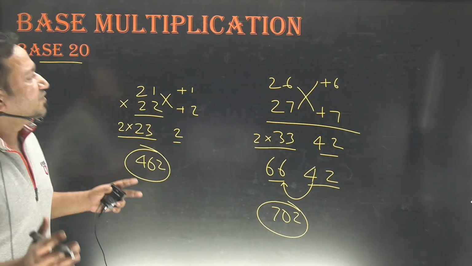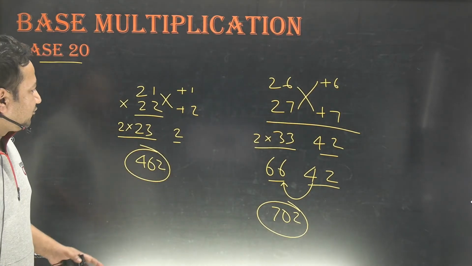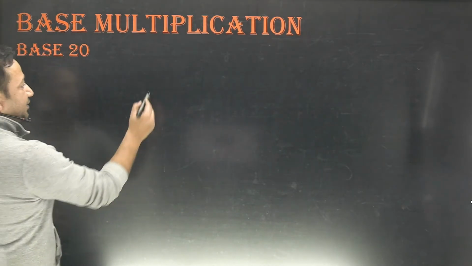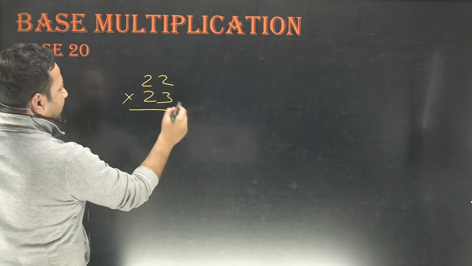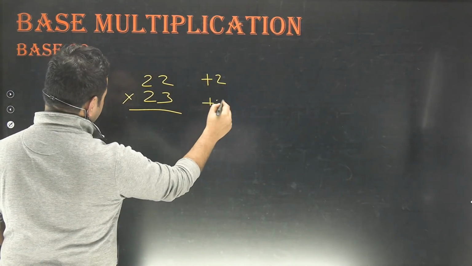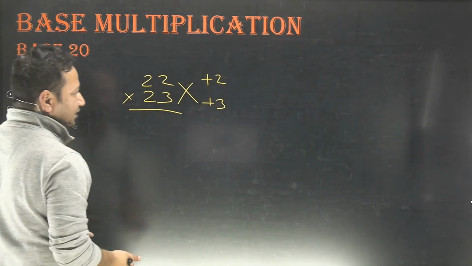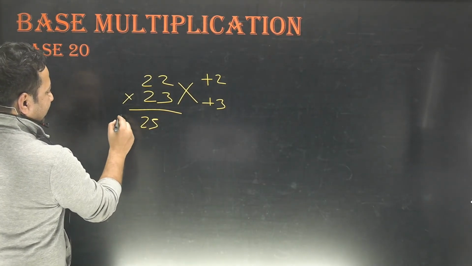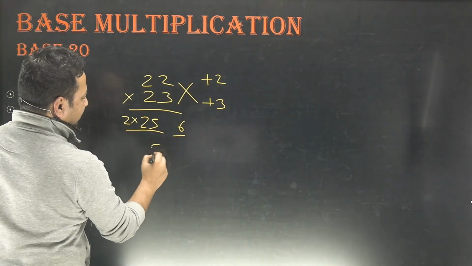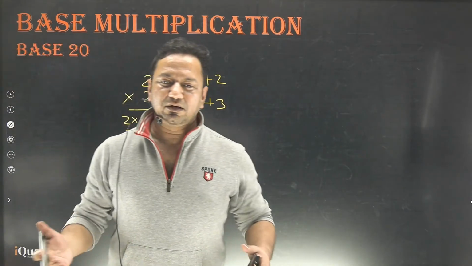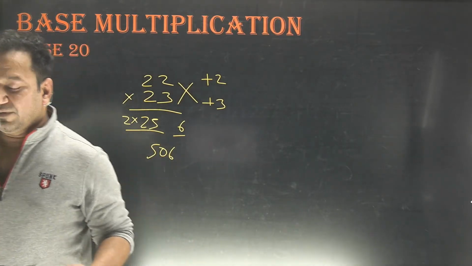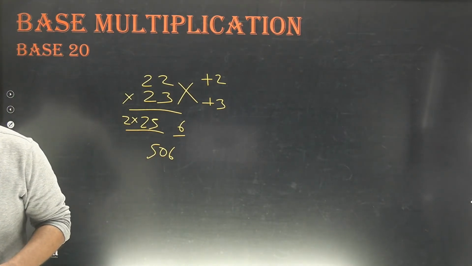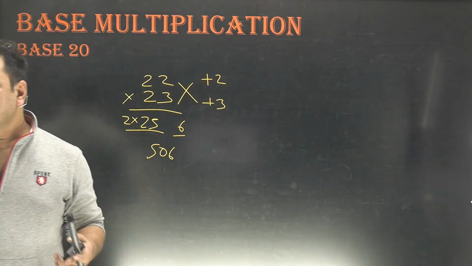We are doing it the same way as we did for base 10. It's just that we need to multiply this by 2. Not the entire thing, only this thing. Let me take one more example. 22 multiplied by 23. 22 is 2 more than 20. 23 is 3 more than 20. Just add them the same way as we were doing earlier. We get 25. Once you have added them, just multiply this by 2. And 2 3s are 6. The answer is 506. Clear? Now, if the base was 30, we would have multiplied it by 3. Isn't it? Is that right? If the base was 40, we would have multiplied it by 4.